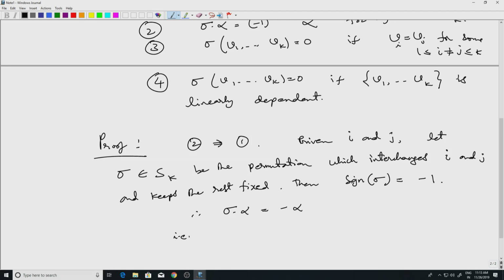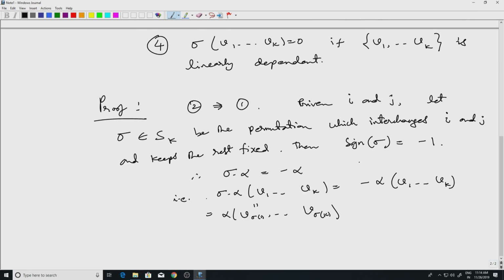Therefore, sigma dot alpha would be minus alpha. So if I act it on any vectors, sigma dot alpha acting on v1 up to vk would be minus alpha acting on v1 up to vk, and this by definition is alpha of v sigma 1 up to v sigma k, and since all sigma does is interchange i and j and keep the remaining indices fixed,